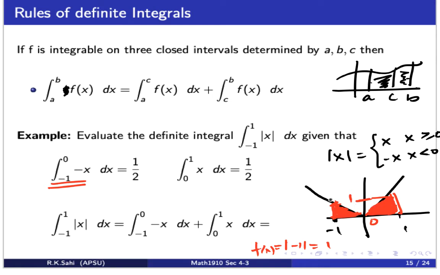Now, when I'm looking at this curve, what do we notice? First, the graph goes from minus 1 to 0 and 0 to 1. So what are we going to have? This is the area under minus 1 to 0. What is this? It is a triangle. Do you see this one? The triangle, say A, B, C. So this expression from minus 1 to 0 of minus x dx is nothing but the area of triangle A, B, C,